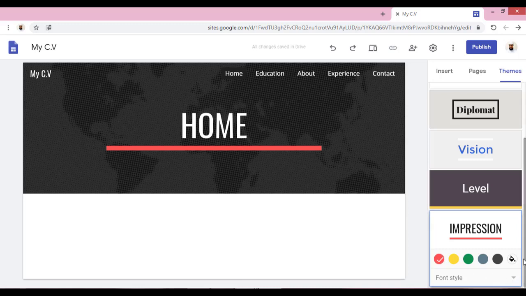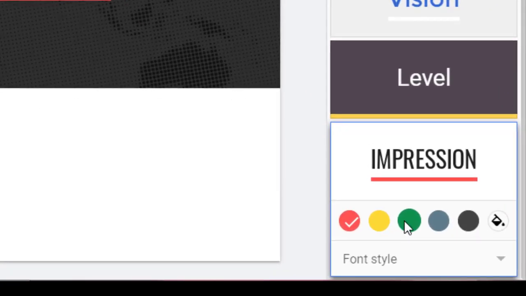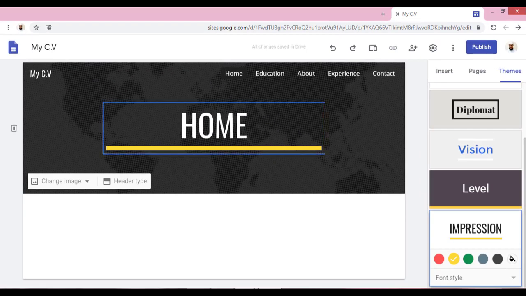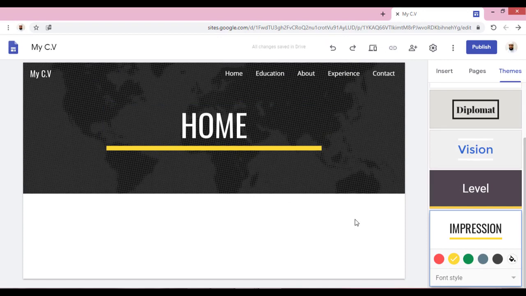We can make adjustments to the theme that we are using in this website. You can see here we have a set of colors. If I change from the ticked red one, now I'm going to use the yellow. So immediately now I have the yellow.